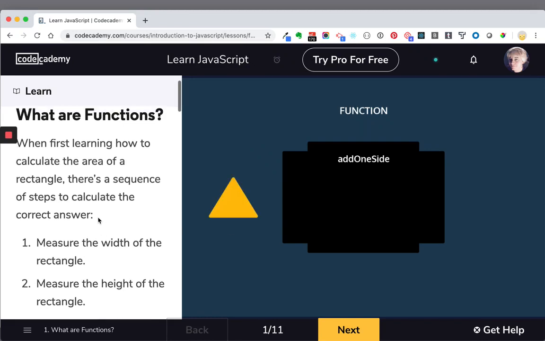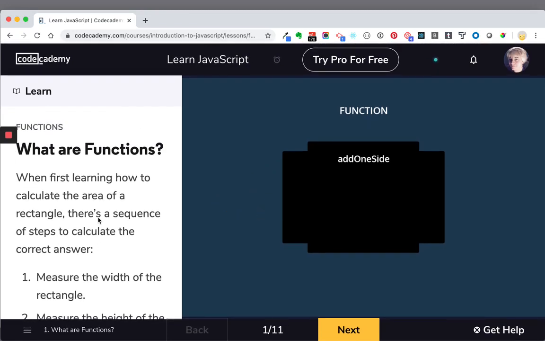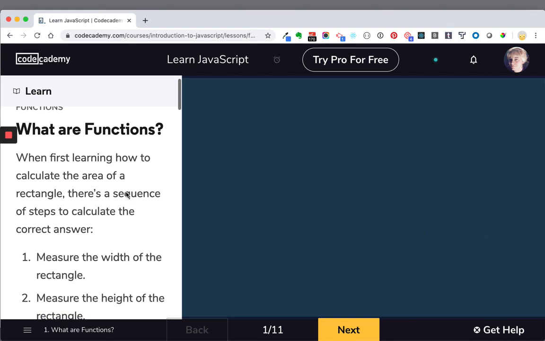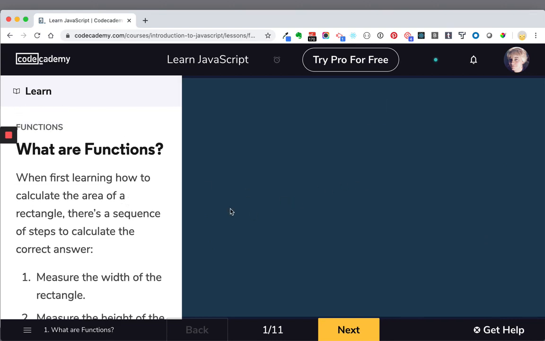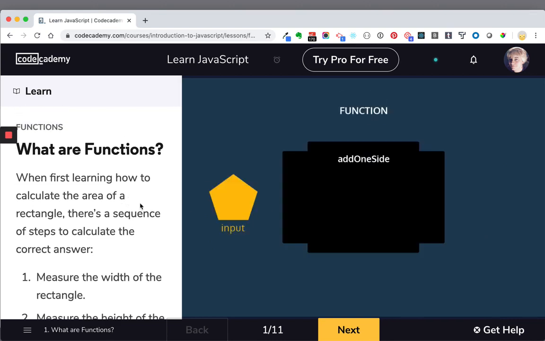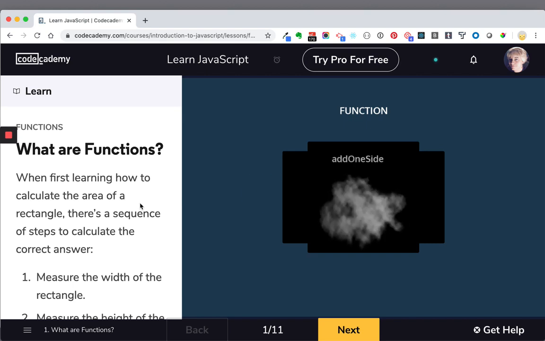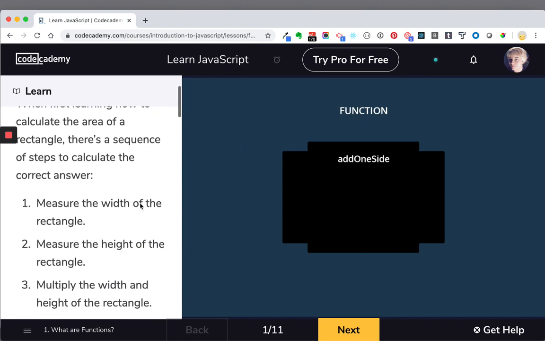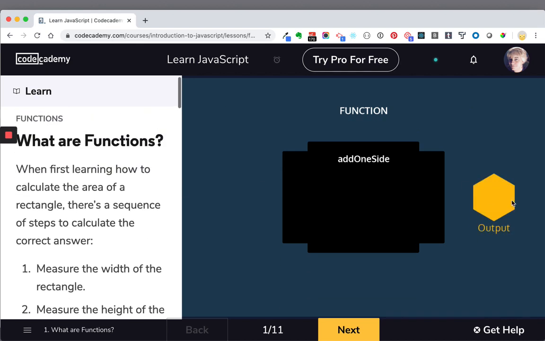Hello, we are working on the function section of the Codecademy Learn JavaScript syllabus. So, what are functions? You can kind of think of them as a little piece of software that does one thing. So they're kind of talking about this function